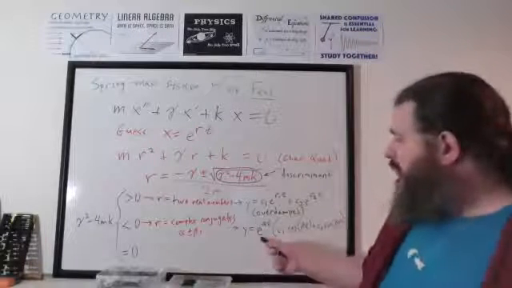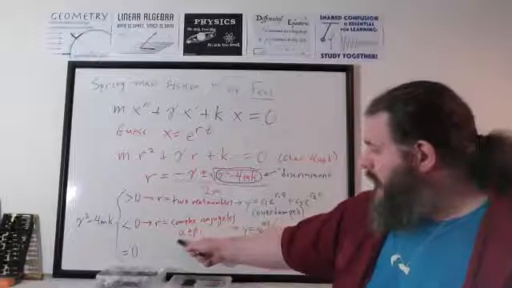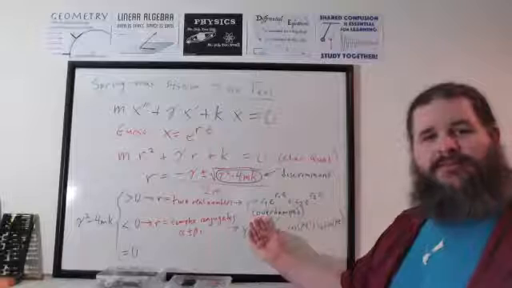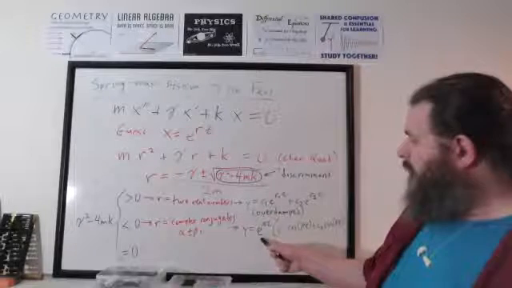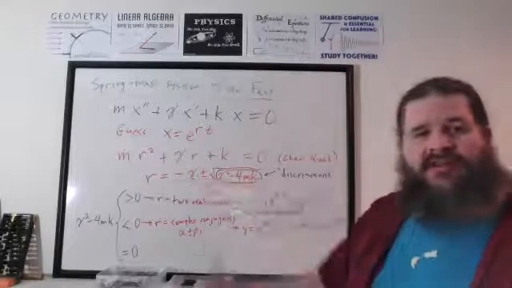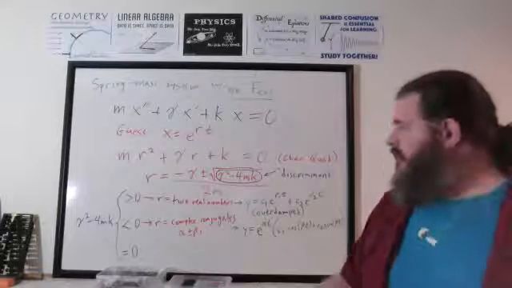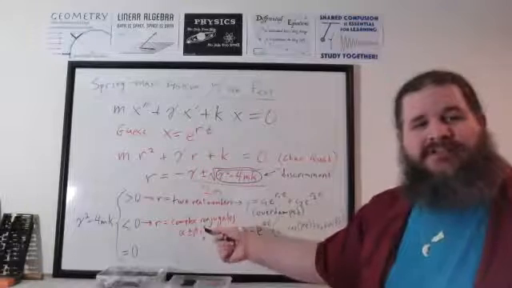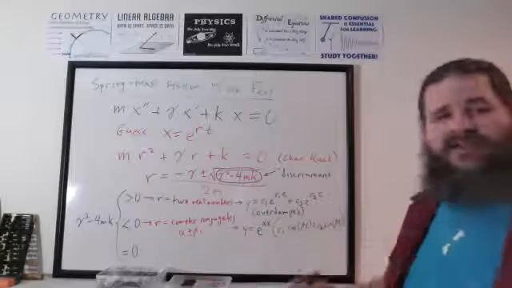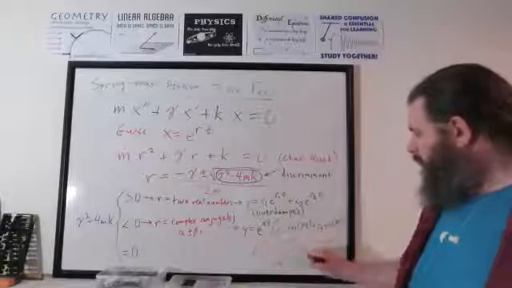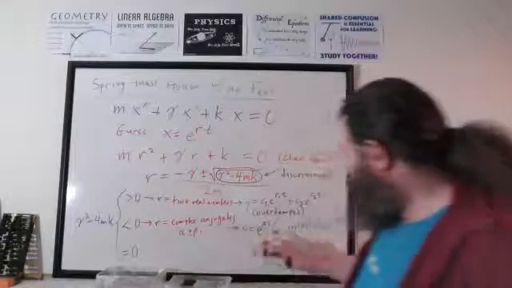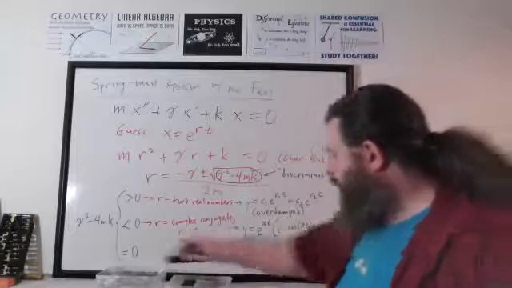If that exponential decay wasn't there, if alpha was 0, this would be gone. So we just have oscillation forever. In fact, that's going to happen when gamma is 0, representing an undamped system. So if there's no damping at all, if gamma is 0, then r is going to be pure imaginary numbers. So you get just oscillation forever. It would just keep oscillating the same forever. But with the damping, with the exponential multiplier,